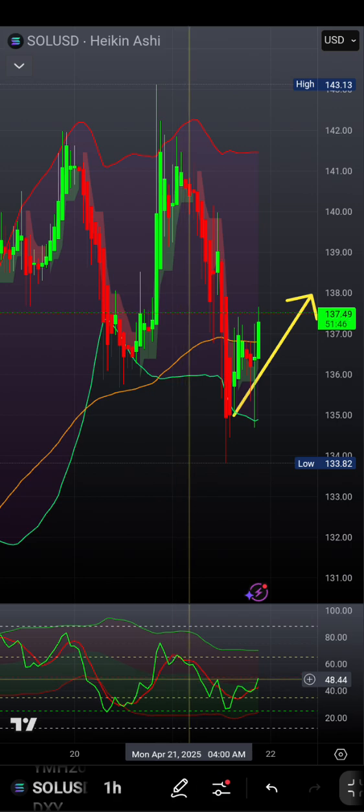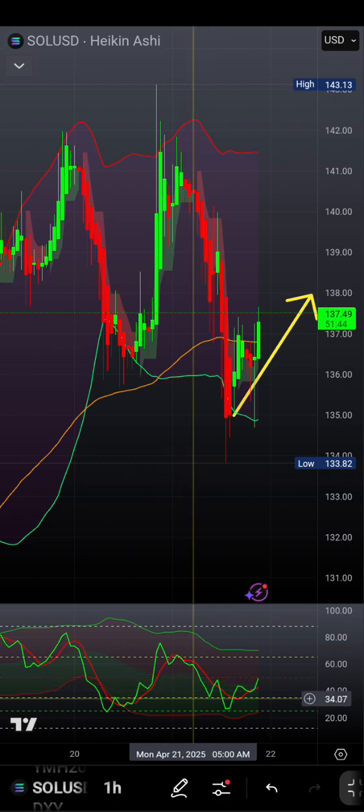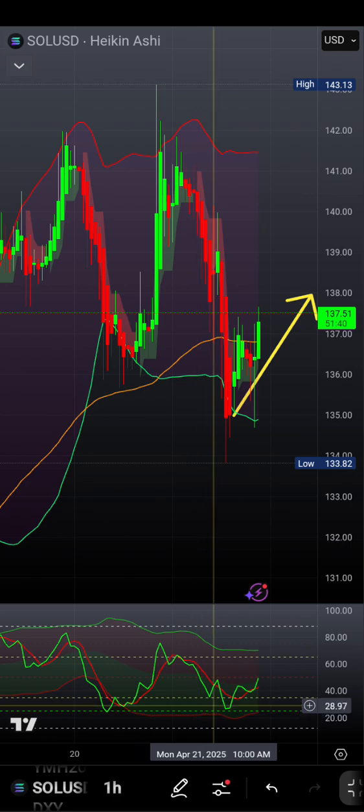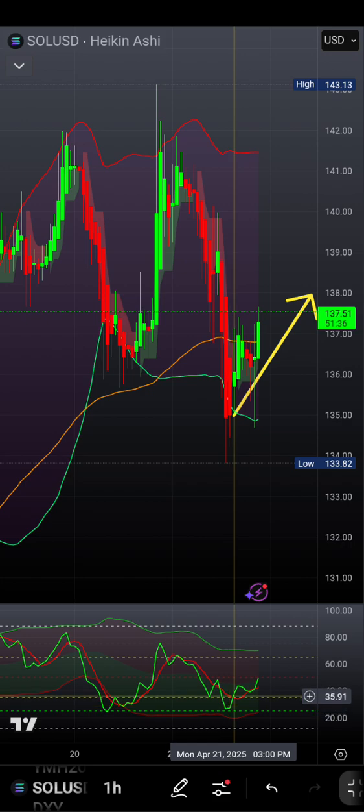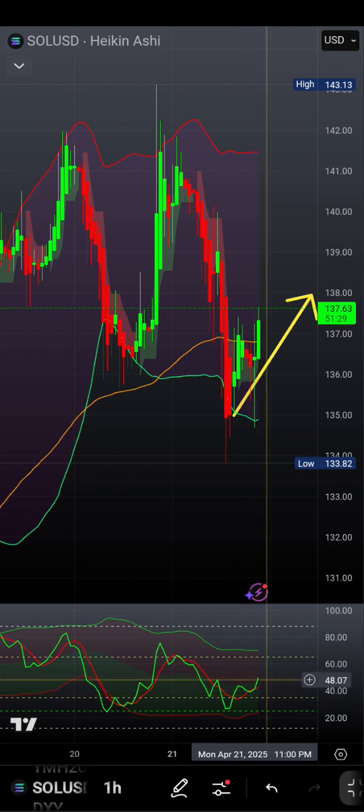You can see price is in this green cloud. This yellow line means to buy soft. This green line means to buy hard. So it rejected this green line, letting me know that I should start buying hard. I got a cross right there, right where I put the candle, and it came to this red line